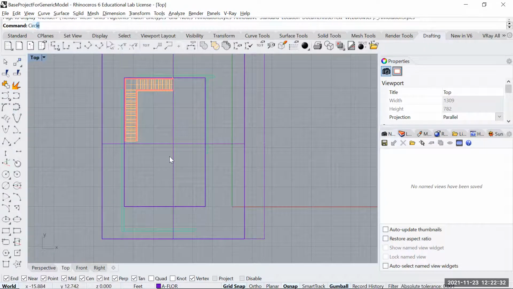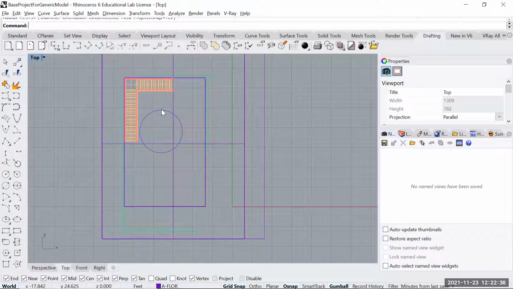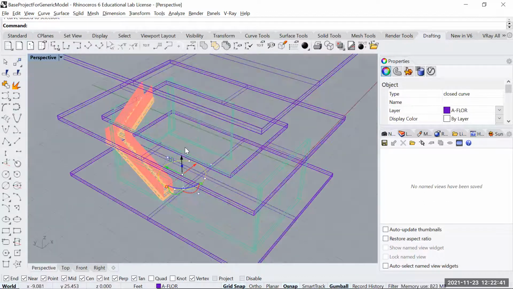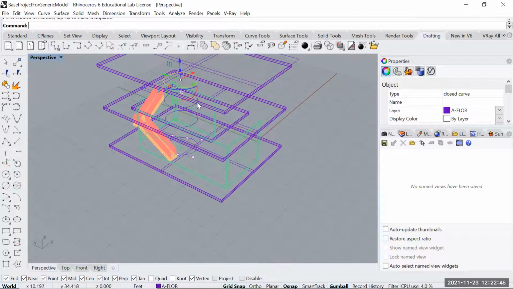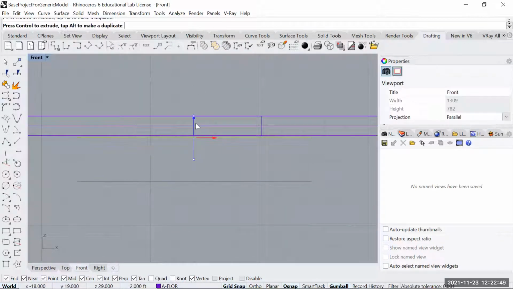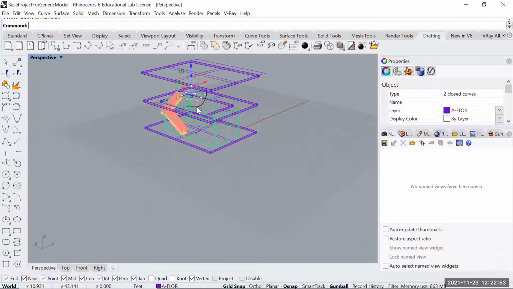I'm going to do a circle and something relatively simple. Go to the 3D, press Alt, start copying this thing. Good thing about having your floor plans is that you can just literally use those as constraints. You should be using also your